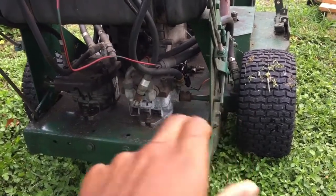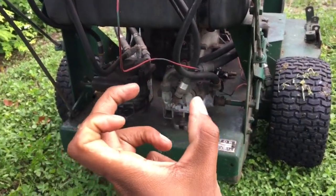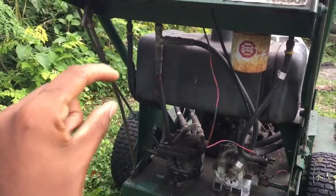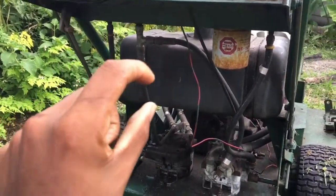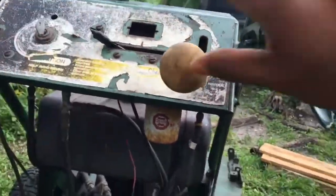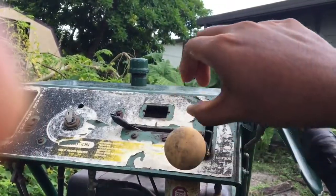The belt driven ones have transmissions right here. They have a transmission right in the center, and they have gears: reverse, first, 1, 2, 3, 4, 5. This one doesn't have a transmission. It's just a straight up lever right here, and if you push it forward up,